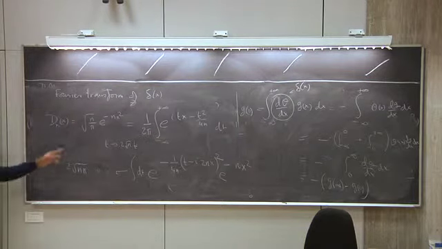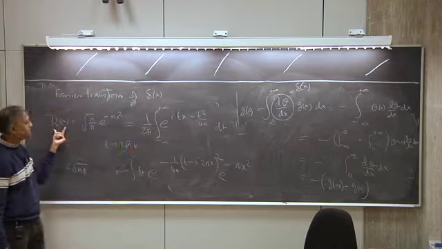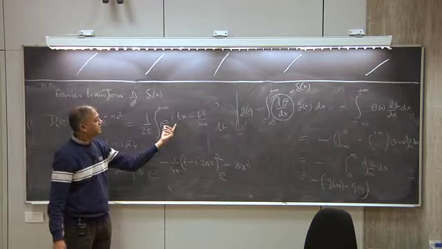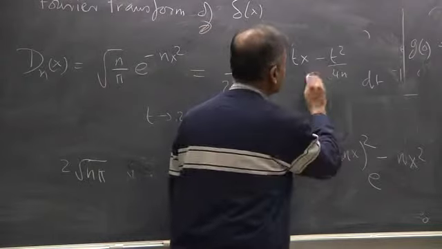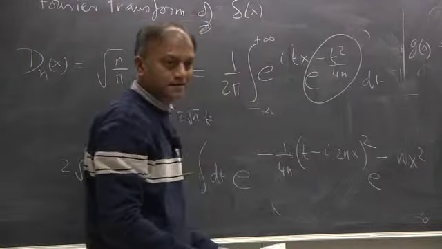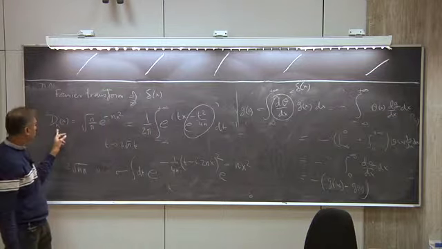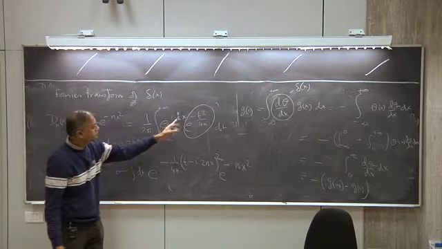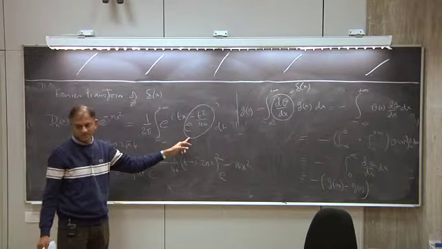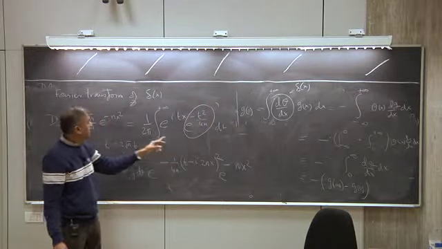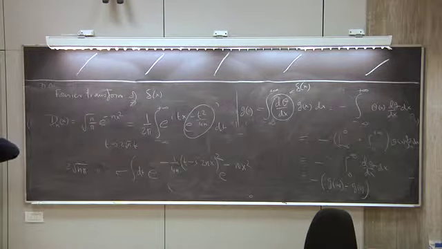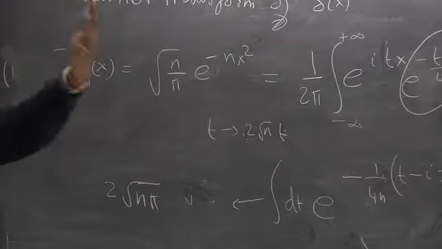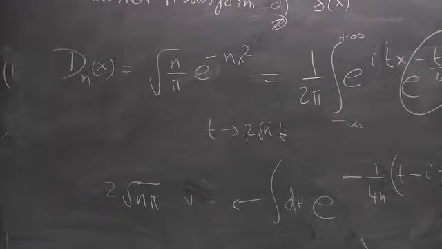But the point here is that by writing it, it's clear that this guy is the inverse Fourier transform of this function. So write it like this. If you take this function, so this is a good function. It's the inverse Fourier transform of this good function, right? And so when we discussed the Fourier transform of a generalized function, we took the sequence which defines a generalized function and constructed the Fourier transforms of those things, and saw what that sequence defines. So that is the generalized function. So what we are seeing is that